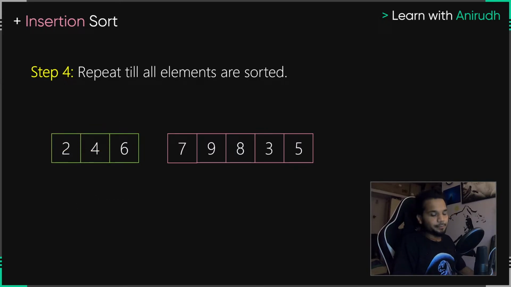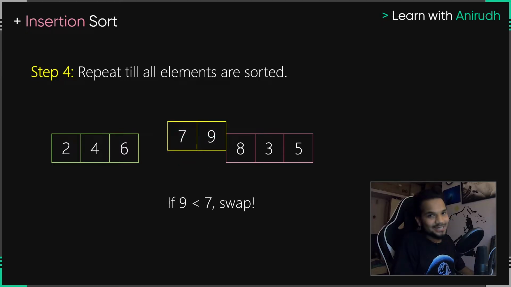So in this particular position, until now, you realize that everything on the left is fully sorted, everything on the right is still messed up. So what do we do when things are messed up? In insertion sort, we try to mess it up more. So let's pick up the next two elements. And in the next two elements, we have 7 and 9.